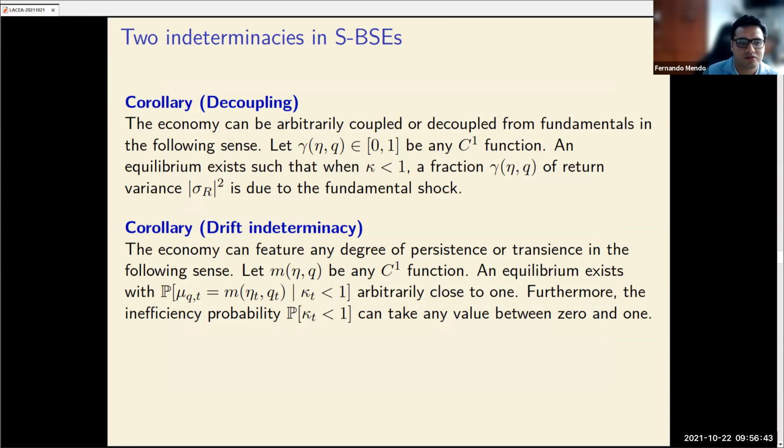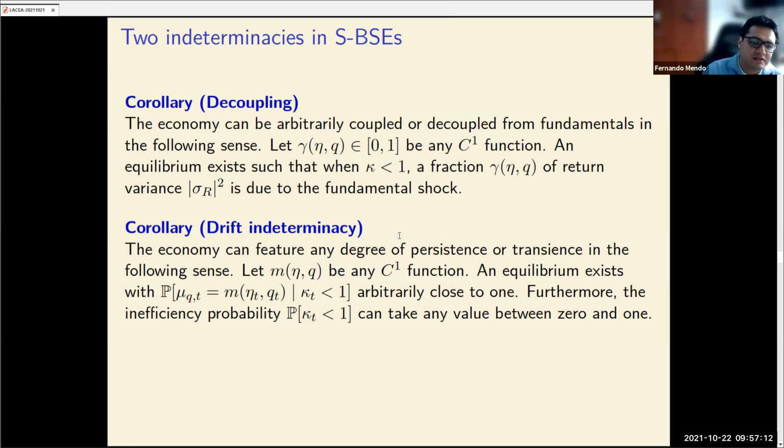So let me just mention quickly. You have this decoupling result, which basically says that in the entire triangle I showed you, the volatility of capital returns is pinned down, but the decomposition of this volatility between the one associated with the fundamental shock and the one associated with the extrinsic shock, so basically with the two Brownian motions, is not pinned down. So you can basically construct an equilibrium